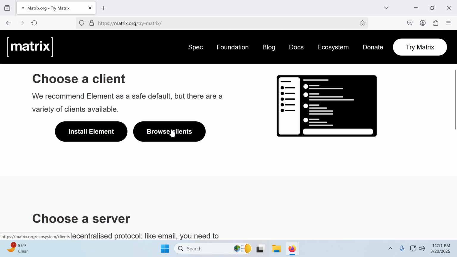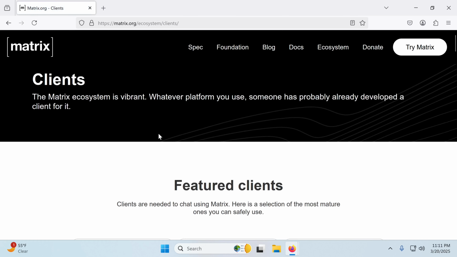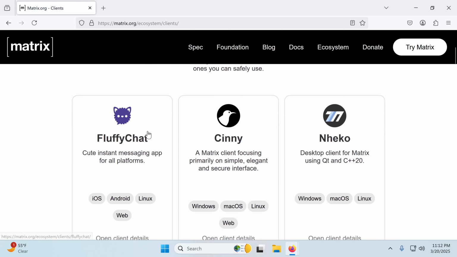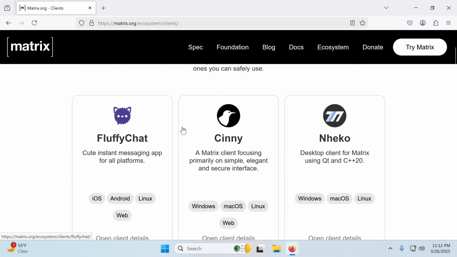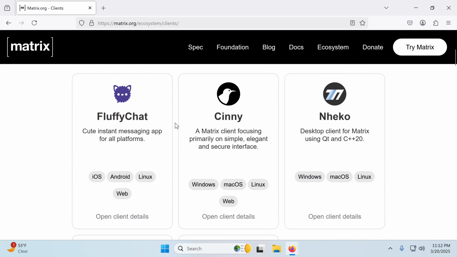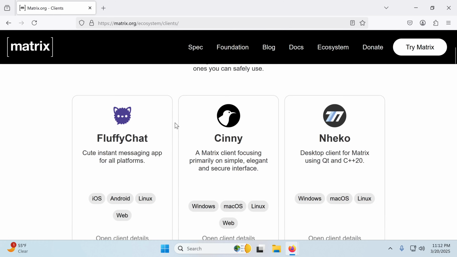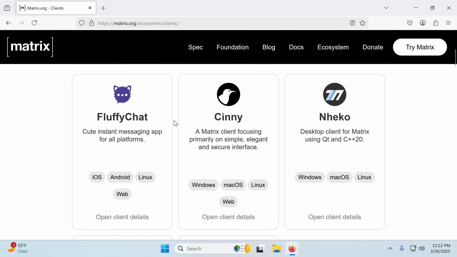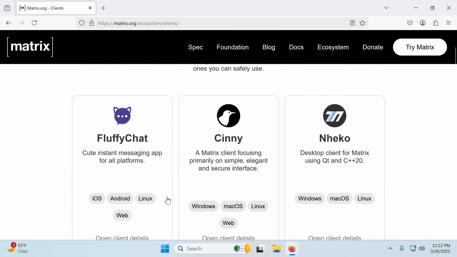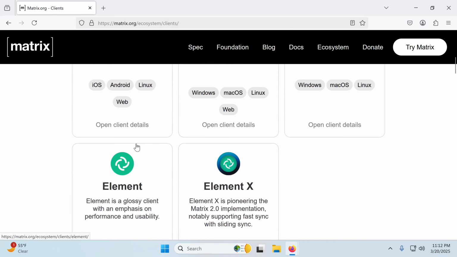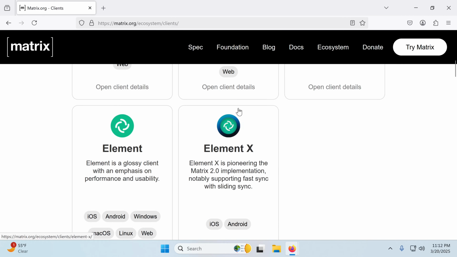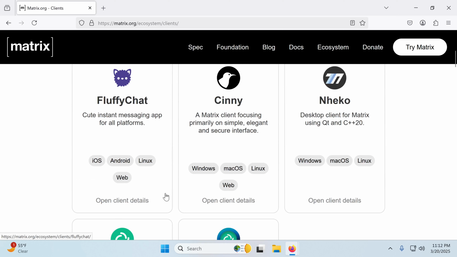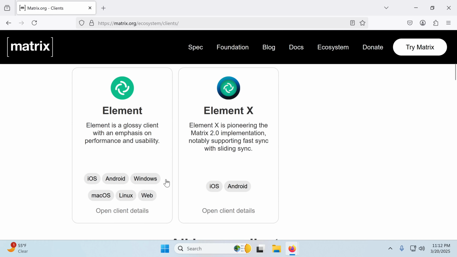The community is pretty vast in terms of the number of clients that are out there. I mean, there's so many. There's Fluffy Chat, there's Cinny, there's Nheko. Cinny is kind of like a minimalist Discord, sort of. Fluffy Chat, I haven't had too much experience with firsthand. I have used it in the past, I just don't really remember what it's like. But if it fits your build, then go ahead and try it out. And then there's a standard version of Element there, and then there is also Element X over here,